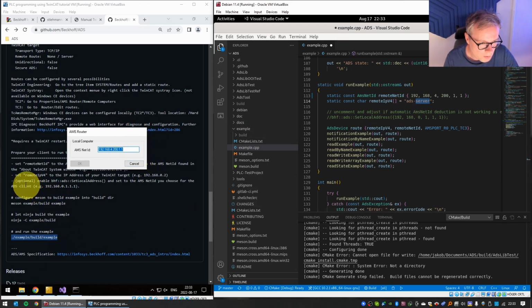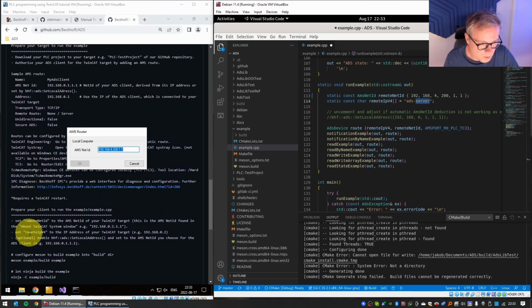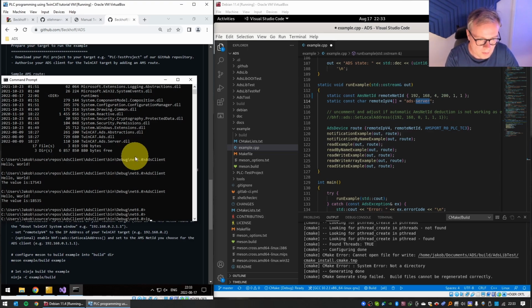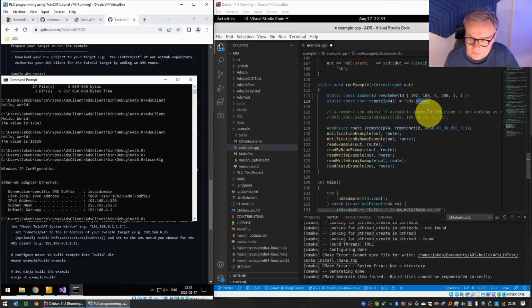It's optional. No, not optional. Set remote IPv4 to the IP address. So we have to check the IP address of this machine. And that is 192.168.4.220. Right? Yeah. Looks reasonable as well, because the AMS net ID is the IP address plus .1.1. So this should now